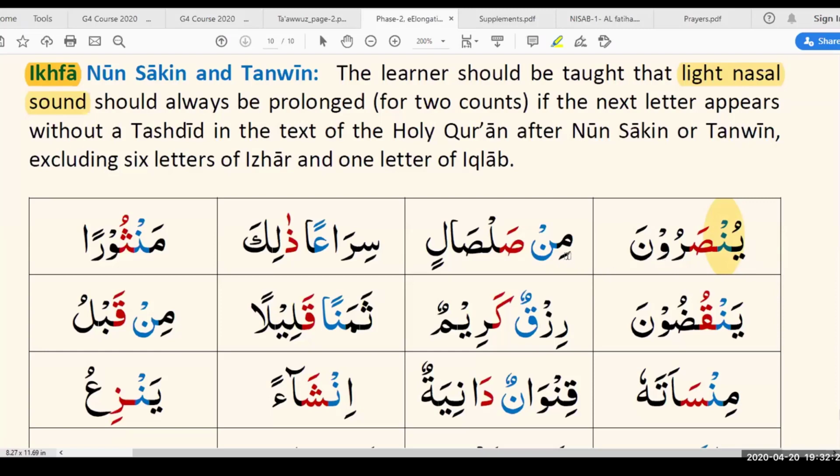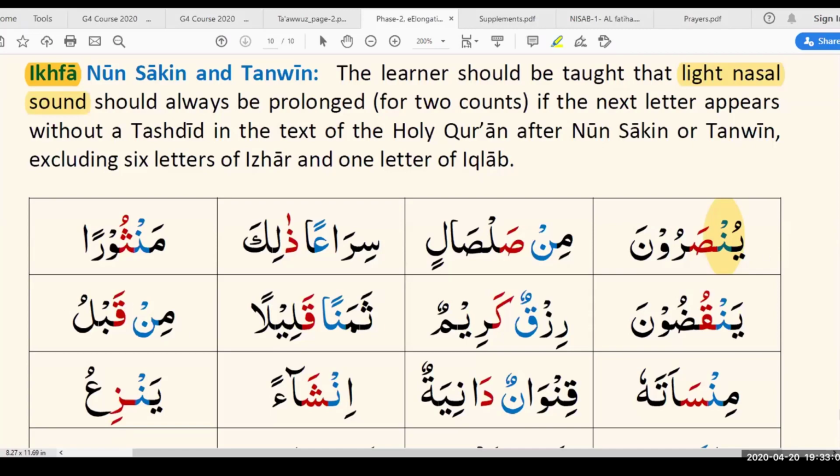ينصرون من صلصال ذراعا ذلك منصورا ينقضون رزق كريم ثمنا قليلا من